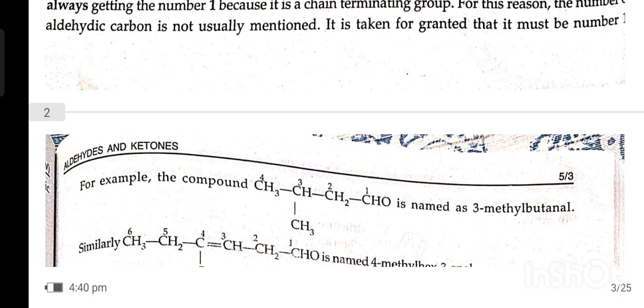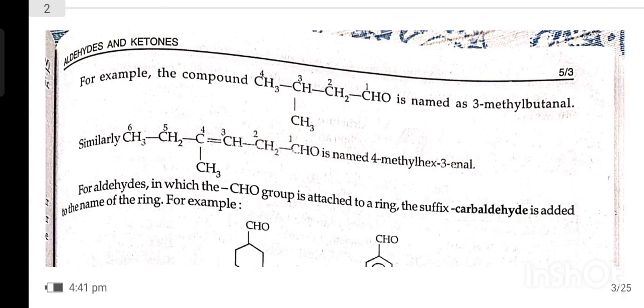For example, the compound is named 3-methylbutanal. Similarly, this one is named 4-methylhexanal. For aldehydes in which the CHO group is attached to a ring, the suffix carbaldehyde is added to the name of the ring. For example,